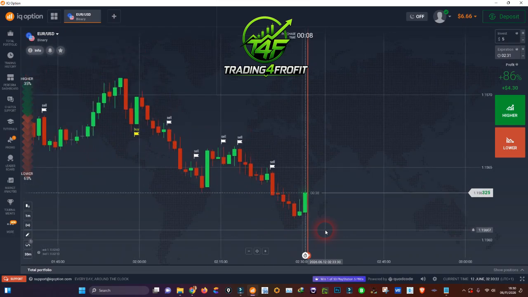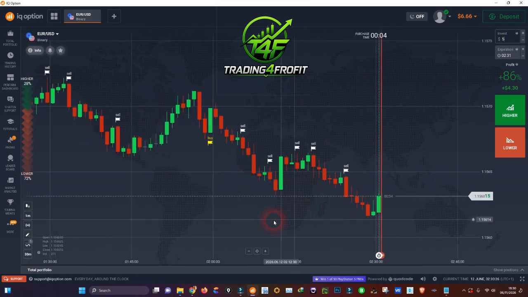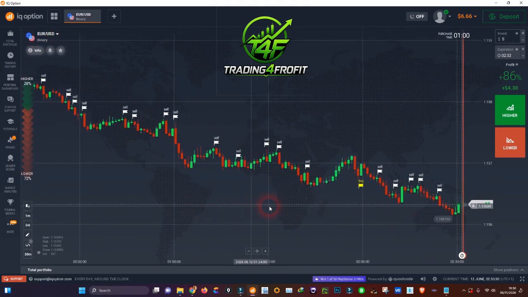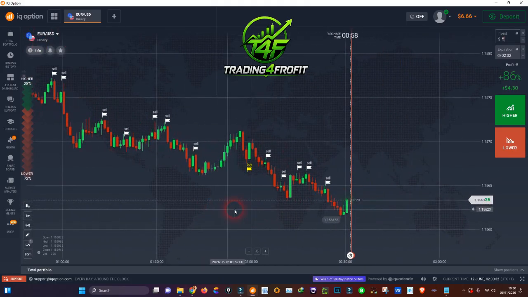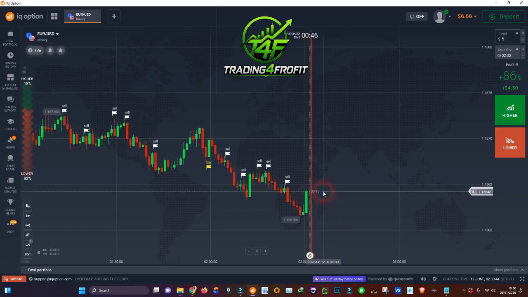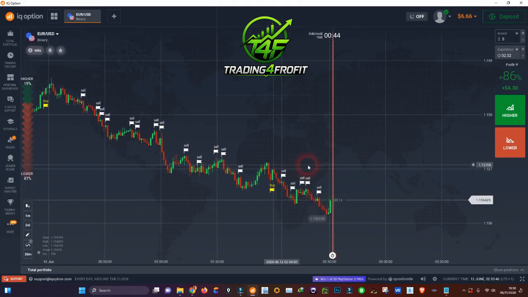Welcome to this tutorial. Today we'll be talking about support and resistance levels. Support and resistance levels are levels where the market turns, the point of buyers and sellers. Those are order blocks. There are minor support and resistance and major support and resistance, and today I want to show you how to draw